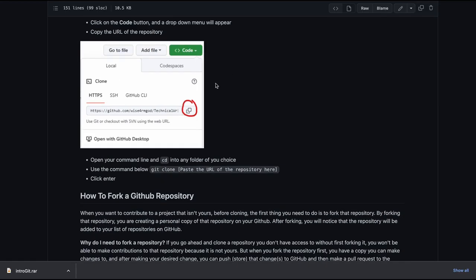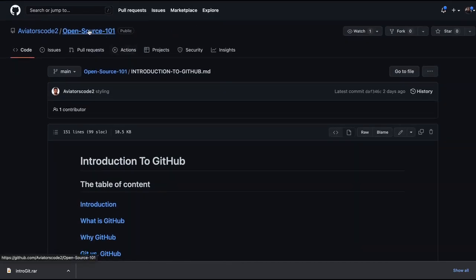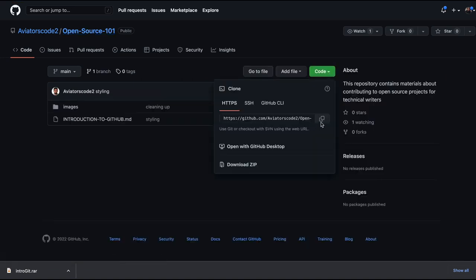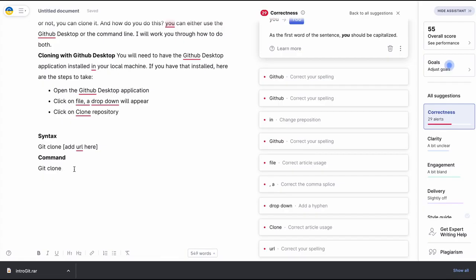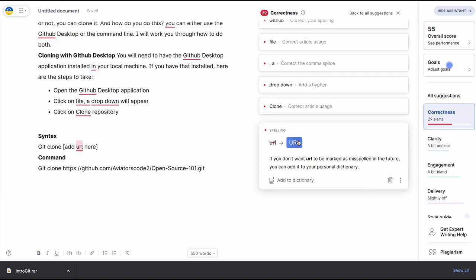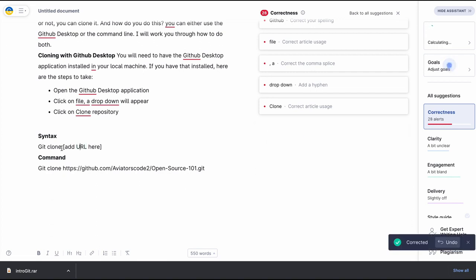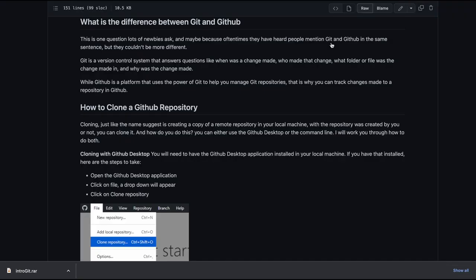Okay, now let's say we use what you have here. Now this is very clear. Now the user would know that, okay, this is a syntax. Now this is where I should add this. Now the next is the actual command, the git clone and the real repository. So that would ring a bell that, okay, this is where I'm supposed to add the repository URL. So that's it. So I guess you should do that like that.